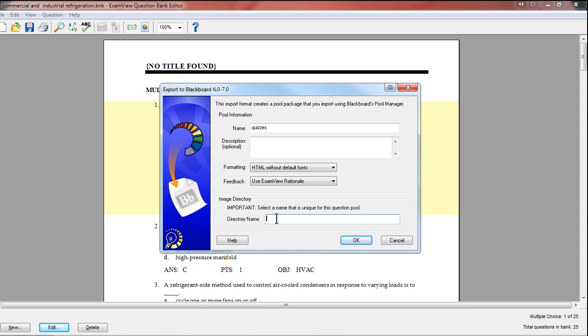So I'm going to put this as commercial refrigeration. If it doesn't work out in the import, you can find that picture very easily by looking in the picture folders that are in D2L, and look for your title. You usually have it something to do with the same as the test title. Okay,